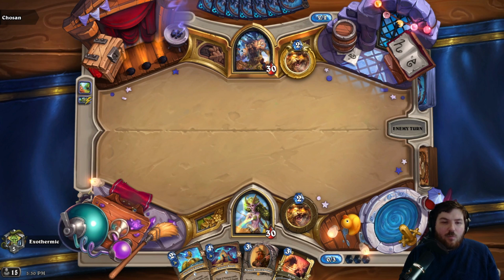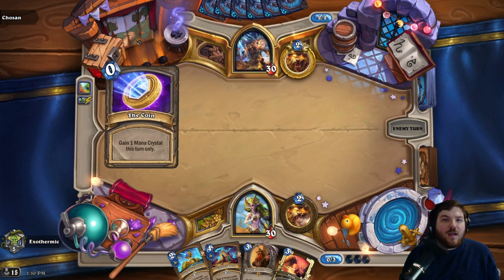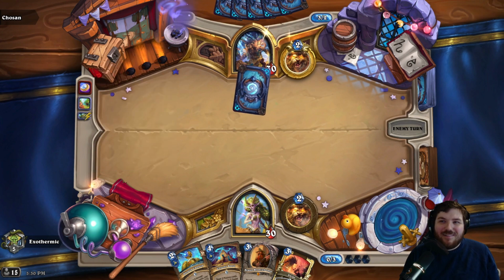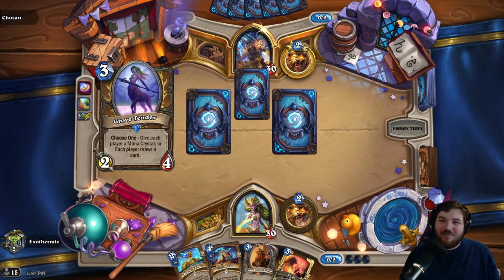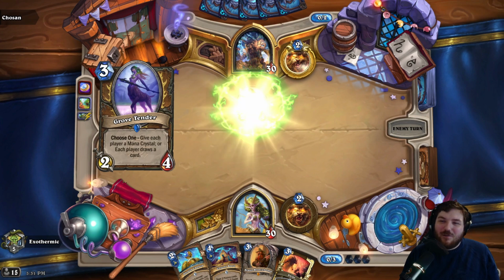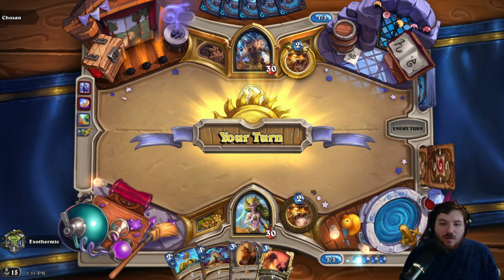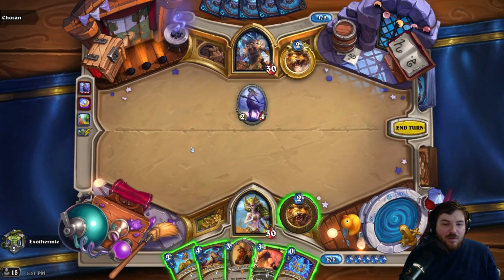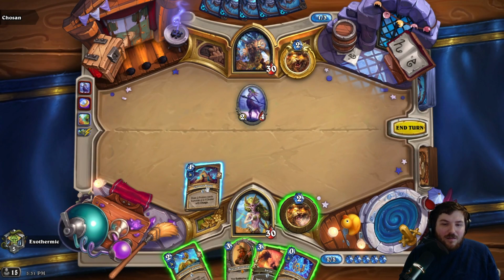I'm trying to remember what... Oh, was this supposed to be Karazhan? One Night at Karazhan? Yeah, I love Karazhan. I mean, I talked about that in my WoW video, like my ranking video. Did we each get a mana crystal? Is that what they chose? Each player gets a mana crystal. Okay. Well,